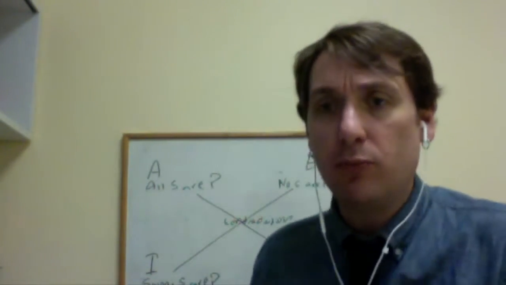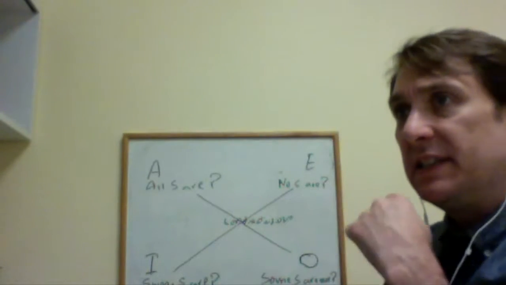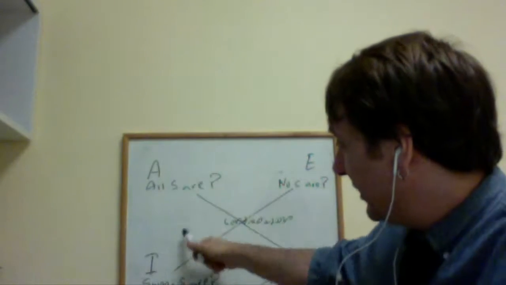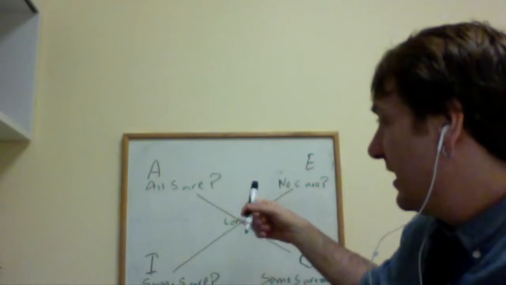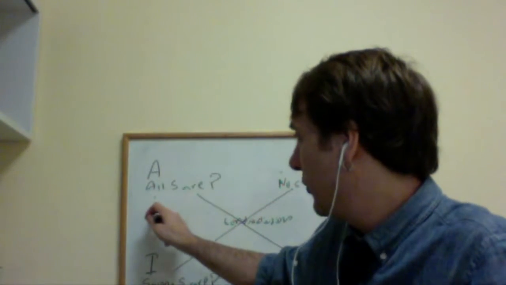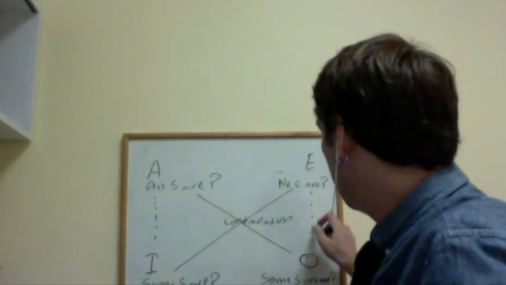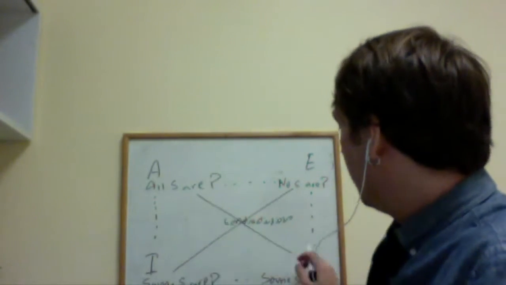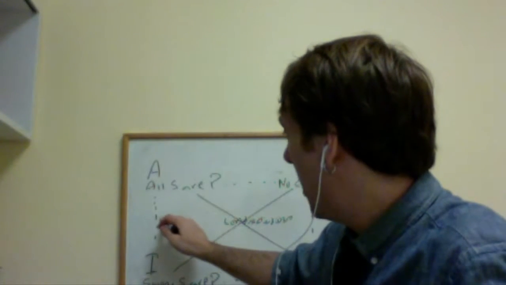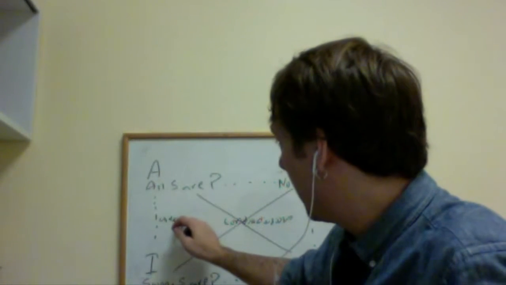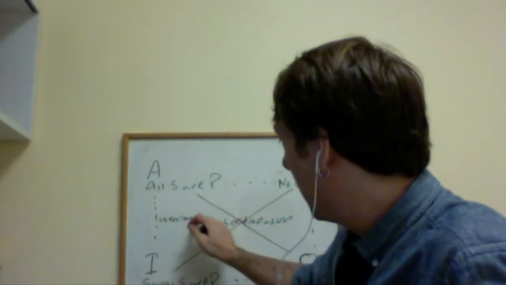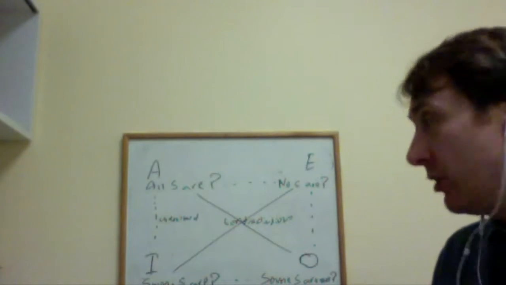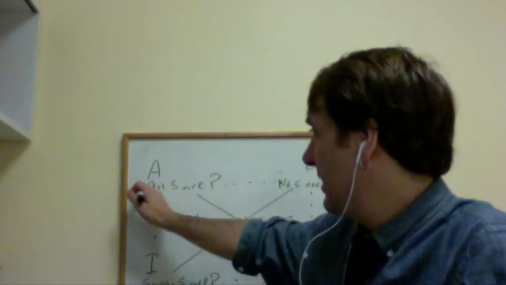Now, in the so-called modern square of opposition, this is as much logical structure as you get, and the relationship between these other sentences is undefined. So if you ask about these relationships here that go around the outside of the square, in the modern way of thinking, these are undefined. In other words, it is the case, according to the modern way of interpreting these, that if you know that this is true,